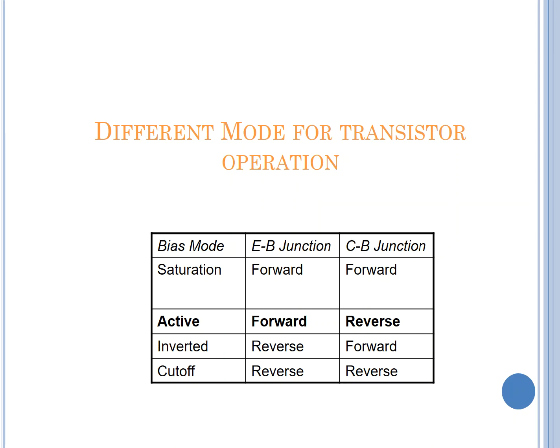And the fourth type of operation is one in which the emitter base input is reverse bias and the output is forward bias. But this is not included here. So we are only going to discuss 3 types of operation: saturation, active and cutoff. When a transistor is used practically for different applications, in analog applications the transistor is used in the active mode, and if we want to use the transistor in digital logic, we operate it in the saturation and the cutoff modes.